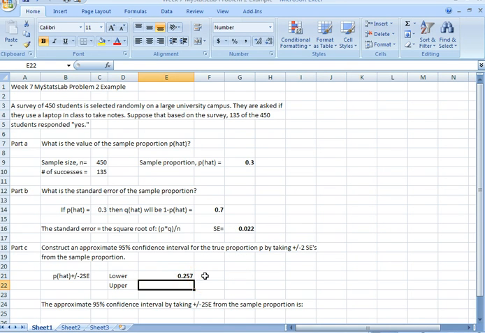Now for the upper, it's going to be equals our p hat plus 2 times the standard error. Enter there, and there is our upper limit. So the approximate 95% confidence interval by taking plus or minus 2 standard errors is, and we would write it like this,